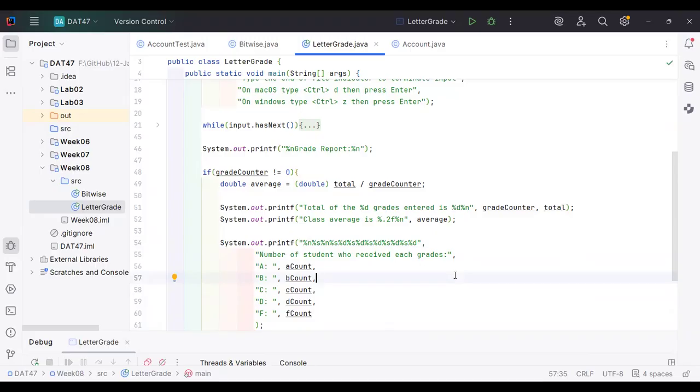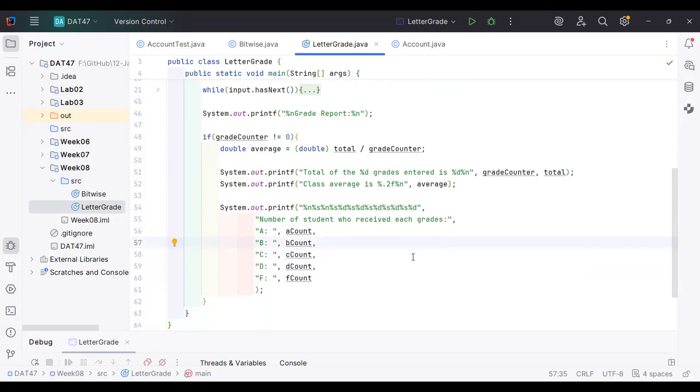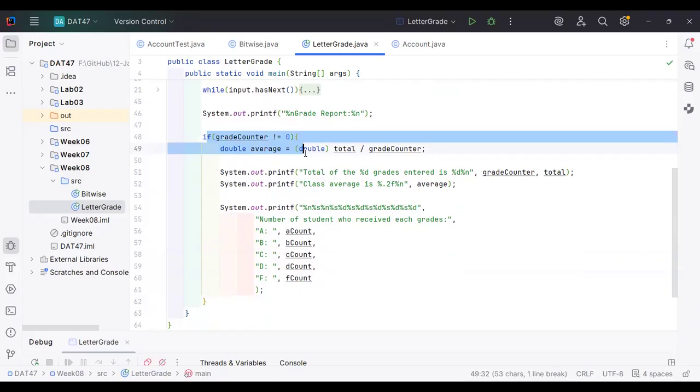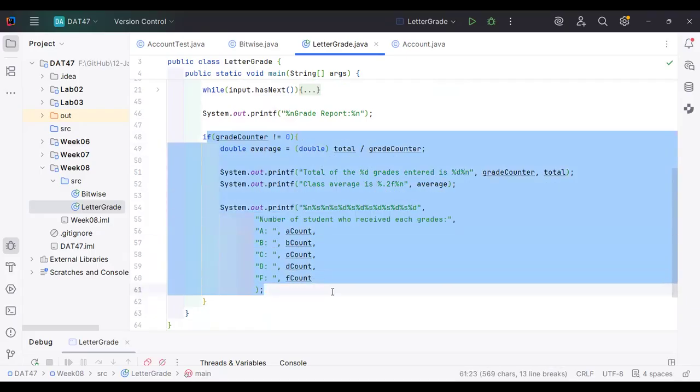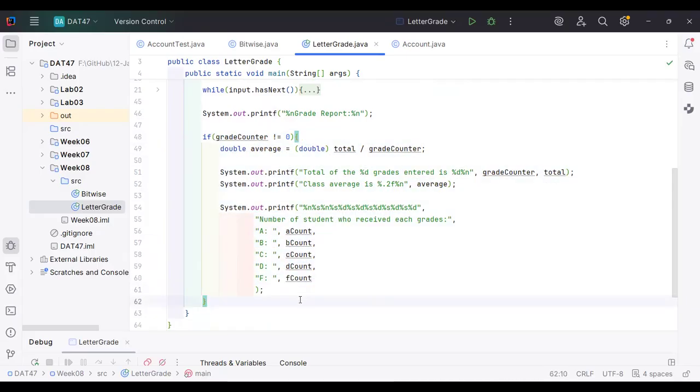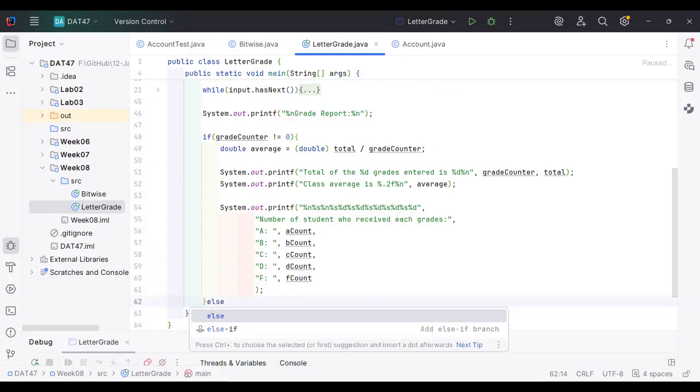Sometimes I'm also lazy, so I use the copy paste. So that means if the grade counter is not 0, we will output this thing. Otherwise, else